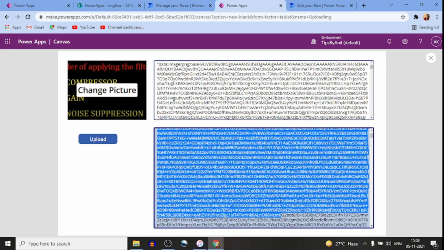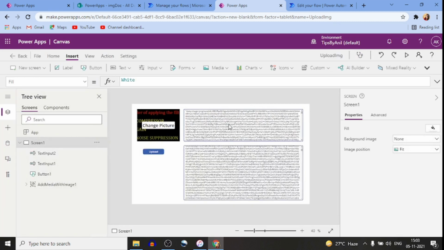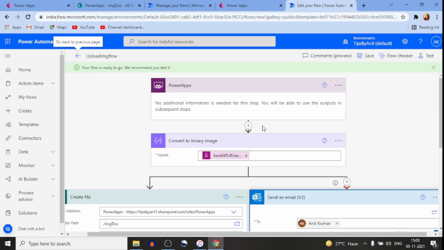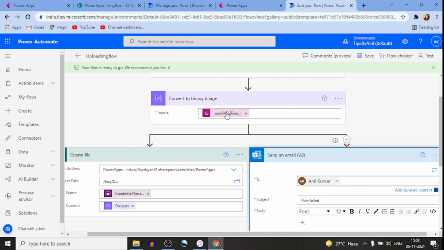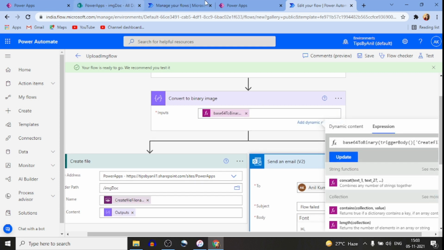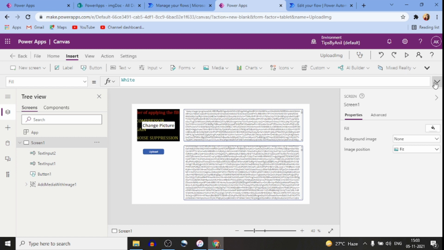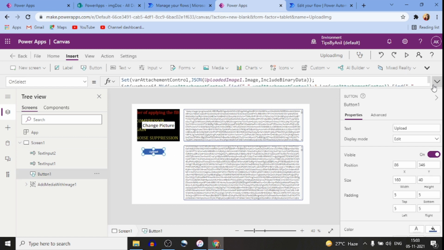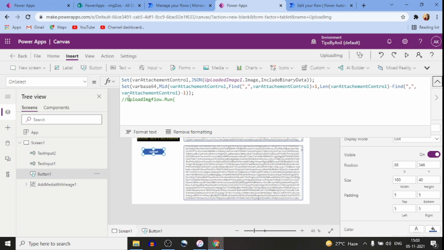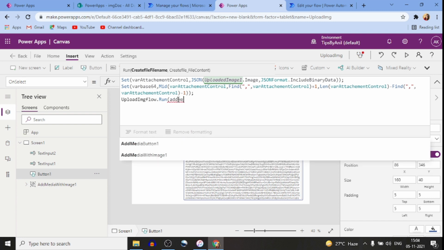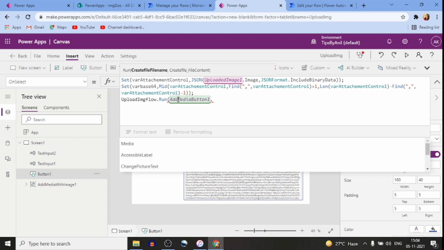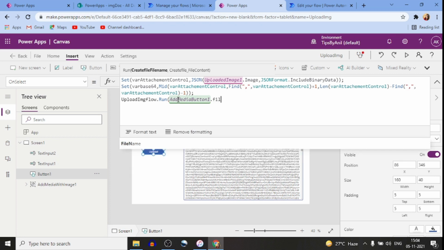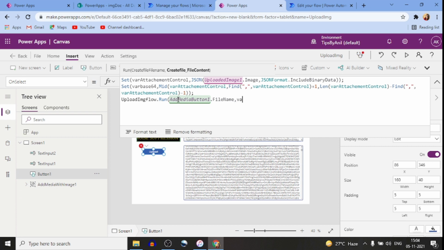So this is the correct binary data, the base64 to binary data, and this we will directly upload in the document library. Now I will uncomment it and add the media button dot file name and base64.